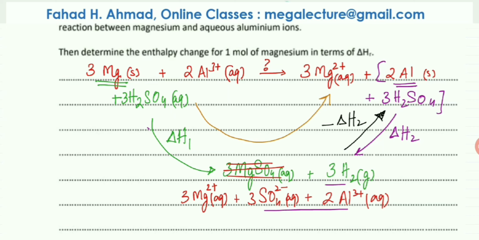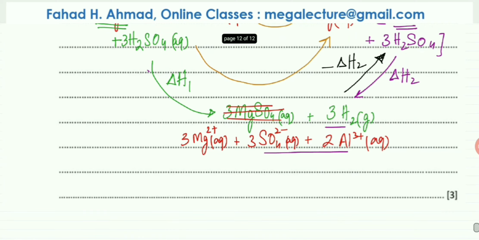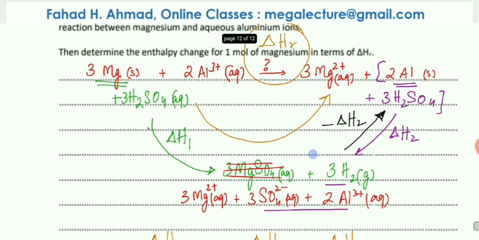So this reaction, this was the enthalpy change that I wanted to figure out over here. So this value would be this alternate path. This is Hess's law. So delta HR is going to be equal to delta H1 minus delta H2. So I've been able to figure out the enthalpy change of this reaction, the one that's given over here.